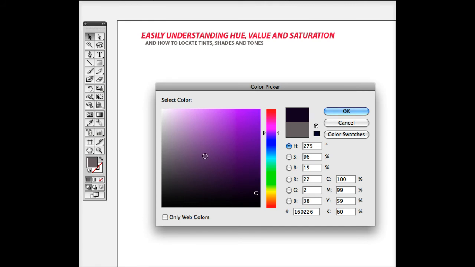Everything else pretty much in the color picker is a tone, and a good way to remember what a tone is, is a toned down version of a color. It's the addition of black and white. So whenever you're trying to get a tone, look outside of the tints and shades area, and you'll be in a toned down or desaturated part of the color picker. Again, there's a lot of variation here. There's lighter tones with more white, there's darker tones with more black, and there's a mid-range here that has a nice kind of balance